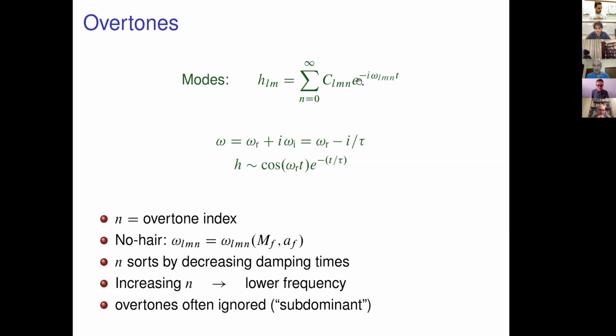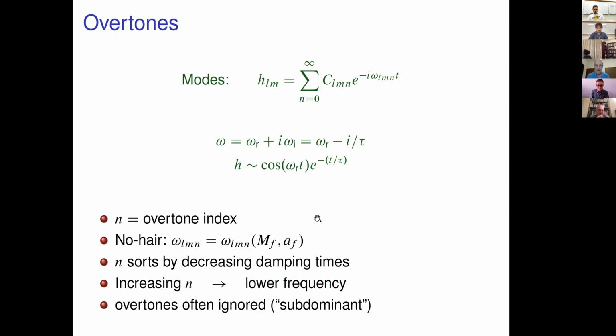Okay, so the N, for historical reasons in this field, is called the overtone index. The omega is a complex number, a frequency and a damping time. The No-Hair Theorem asserts that you can calculate these quasi-normal mode frequencies, and they depend only on the mass and spin of the final black hole. By convention, N equal to 0 corresponds to the least damped mode. And then as you increase N, you get more rapidly